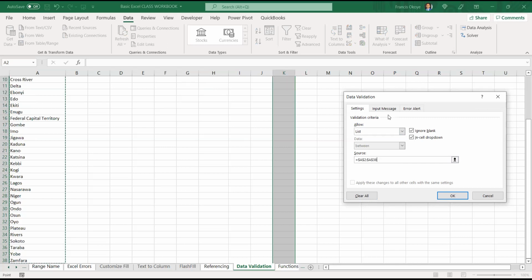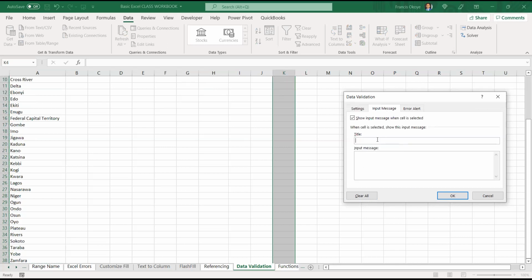Now, input message, in case you just type. Let me see which of them will be better. Do you want to stop or you want to warn? In case there's an error, what do you get? So input message: here is, let's say, state.